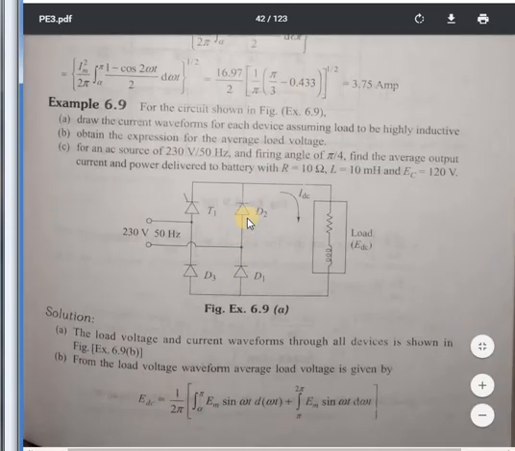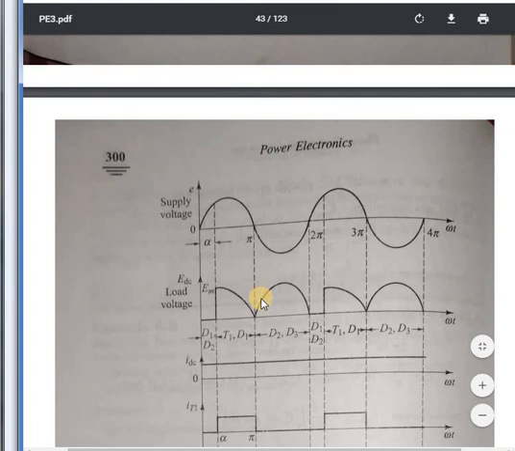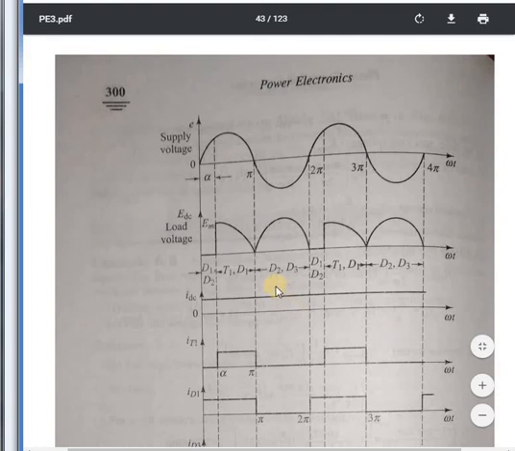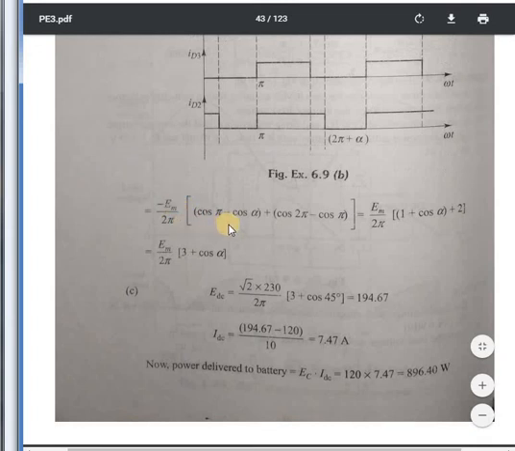Here you will see there is only one thyristor and there are 3 diodes. The thyristor T1 is conducting together with D1, when T1 and D1 are conducting. D2 and D3 are conducting for the full conduction. So how will you calculate it? Pi minus alpha, 2 pi minus cos alpha. So your voltage will be 2 pi minus alpha, which will give you Em by pi into 1 plus cos alpha. So it will be Em by pi into 3 plus cos alpha.